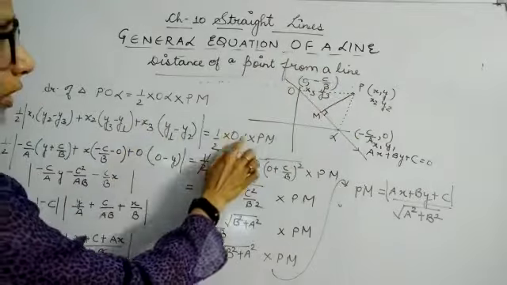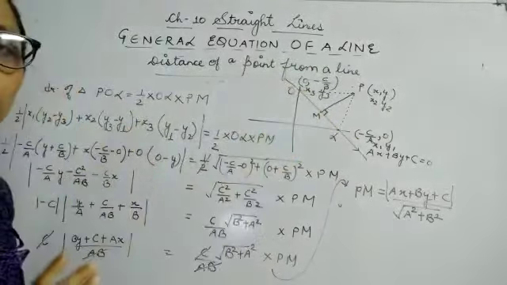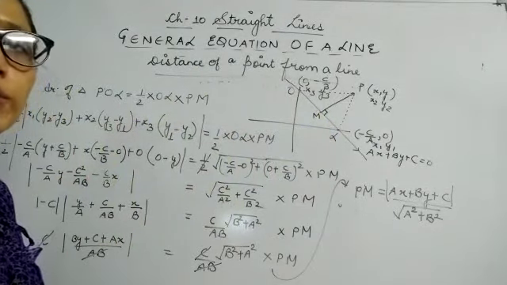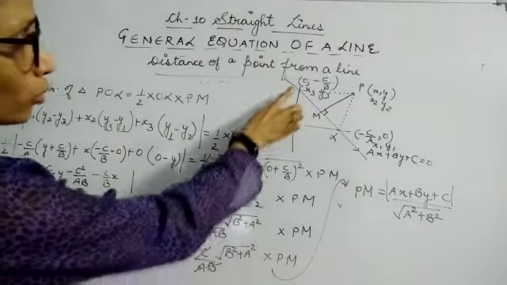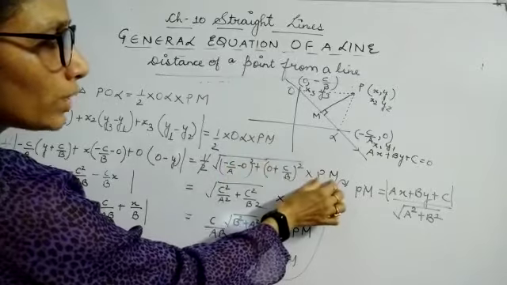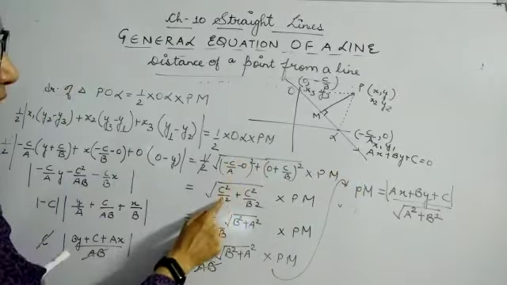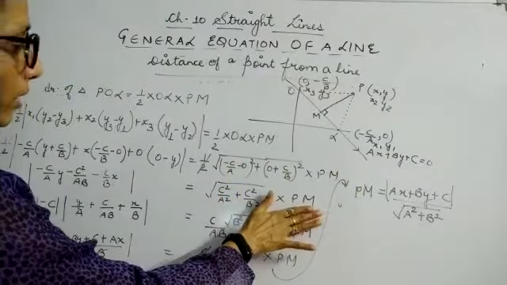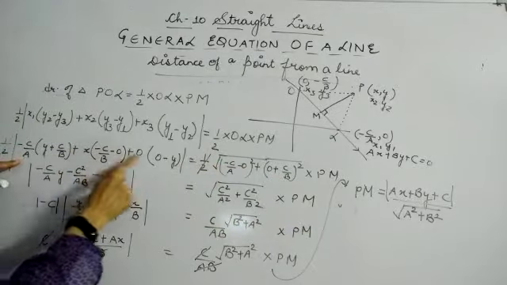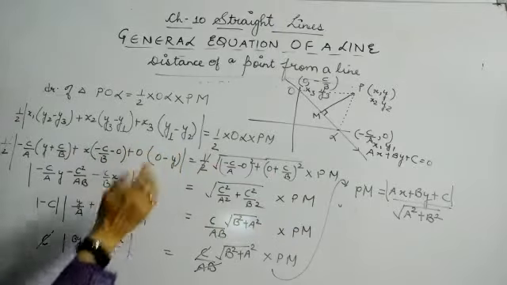And here OL is what? This is the distance. When the 2 coordinates are given, I can find the distance by the distance formula, which is under root of x2 minus x1 whole square plus y2 minus y1 whole square. So I have calculated OL by the distance formula, and this PM is to be calculated, so I have written PM. Here this is whole square, so this is c square by a square plus c square by b square, and PM as it is. Here I have just simplified it, multiplying all these terms, and 0 into this thing will be 0, so this complete term is removed.